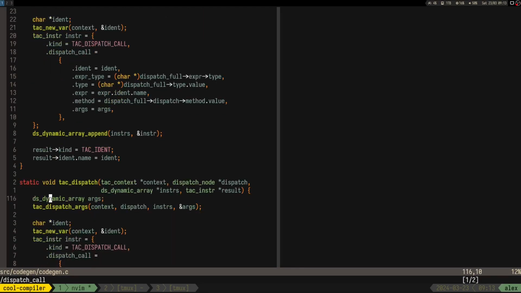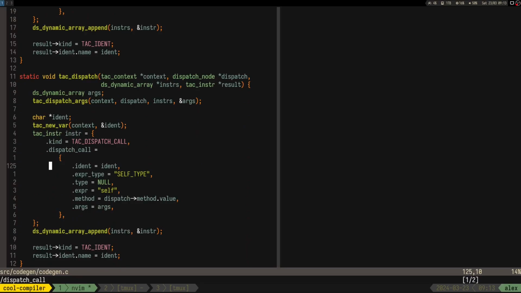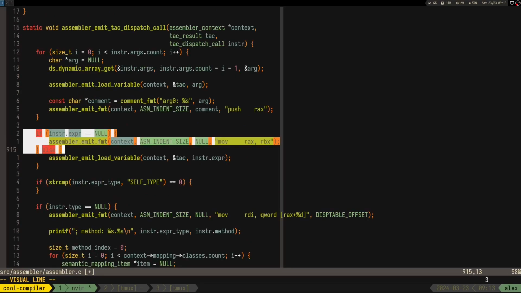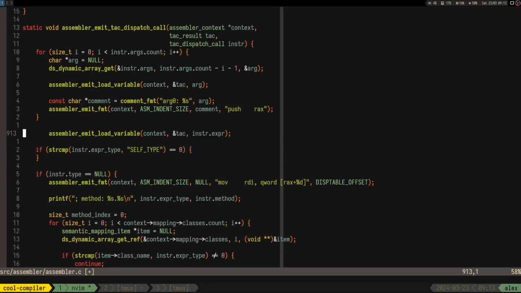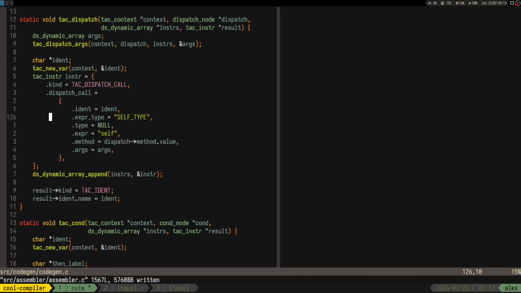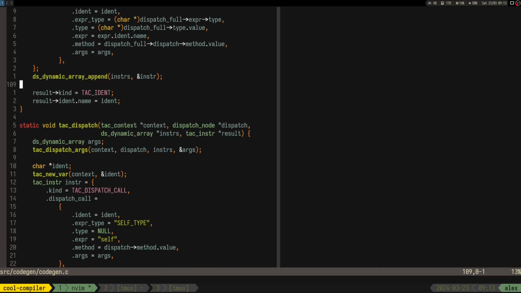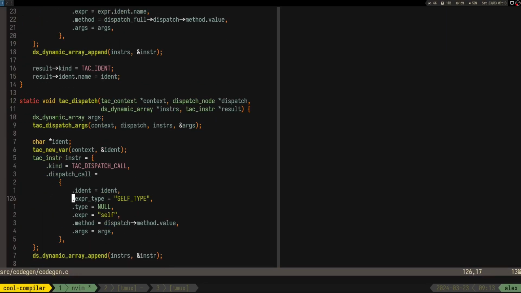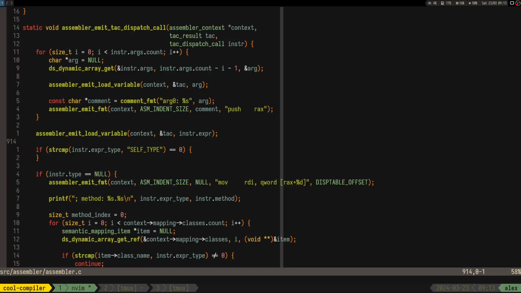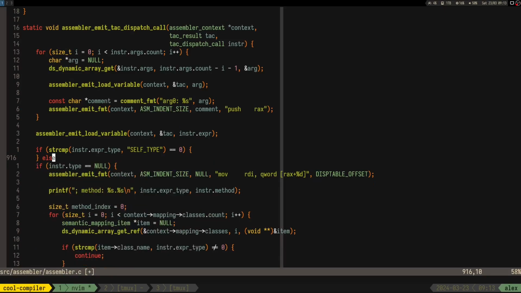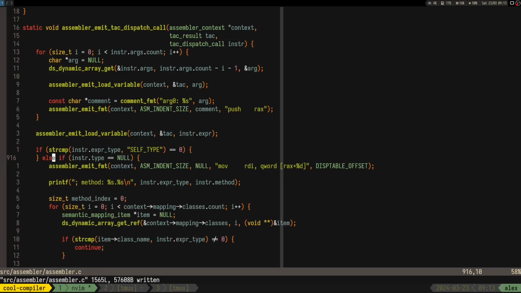Wait, so no, I actually changed that. So we no longer have expression null. We no longer have expression null, so it's always gonna be self, right? So if the expression type is self type, we have to do something. Otherwise, if it's not self type, we have to